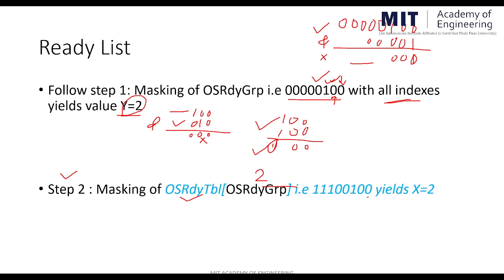So first it will mask the value with the index 0 here. So it will give the result of the AND as a 0. Then it will do the masking with the index 1. Again the result of the masking is a 0. Then the scheduler will mask the value with the index 2. Then here we will get the result as a 1, result of the AND or the result of the masking as a 2. So we can say that the value of x is equal to 2.